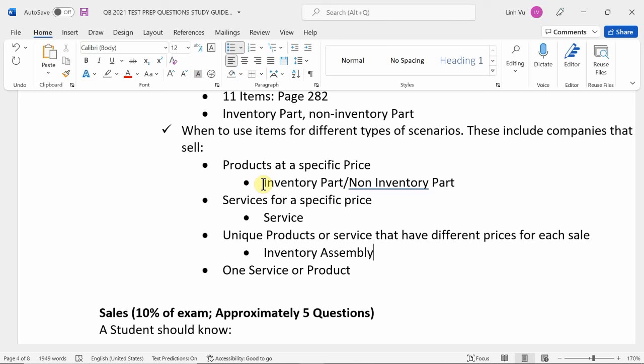If I'm trying to find, try Snuggle, right? Snuggle is in Target, it's in Walmart, it's at Albertsons, it's at the local CVS store. You can get that product anywhere. That's not a unique product. However, McDonald's,